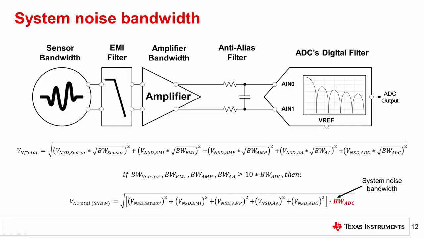For either input path, you are now able to analyze, approximate, and calculate the resulting noise bandwidth. This allows you to apply the effective noise bandwidth to these components' noise parameters or noise density plots to give you their overall noise contribution for your system. However, a piece of this analysis is still missing. How do you calculate the noise for both amplifiers as well as the voltage reference? You can check out the Precision Labs modules on these topics to learn more.